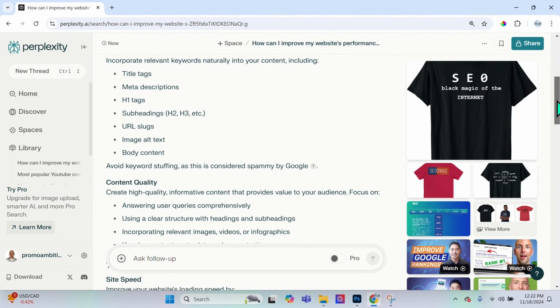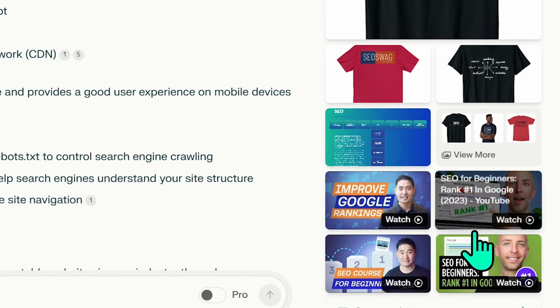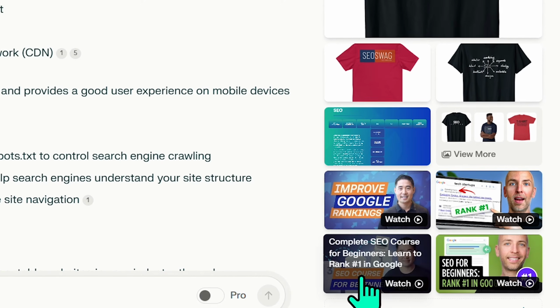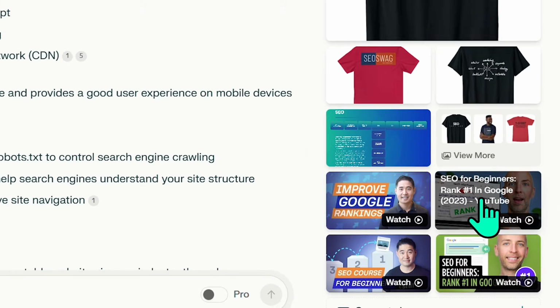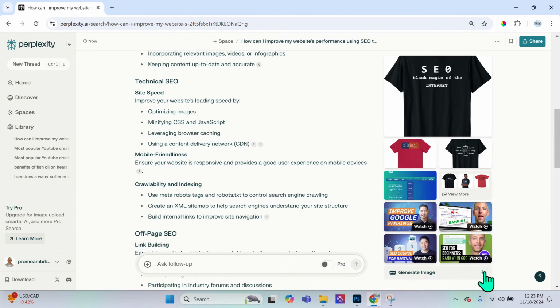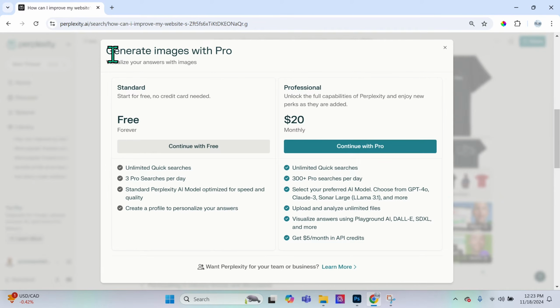So if we go to search videos, you'll actually see that it's providing us with some helpful videos that we could go ahead and watch. Most of these are simply YouTube tutorials. And we can also generate images. Now's a good time to point out that we're using the free version, and I'm going to go ahead and upgrade to the professional version, which is $20 a month,